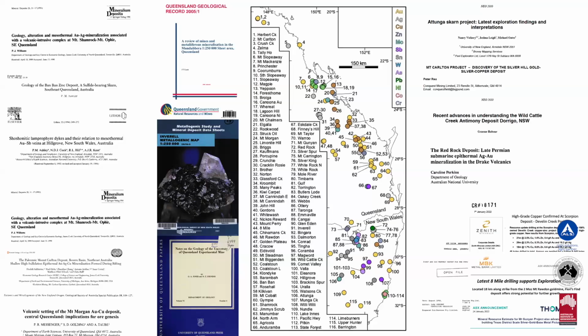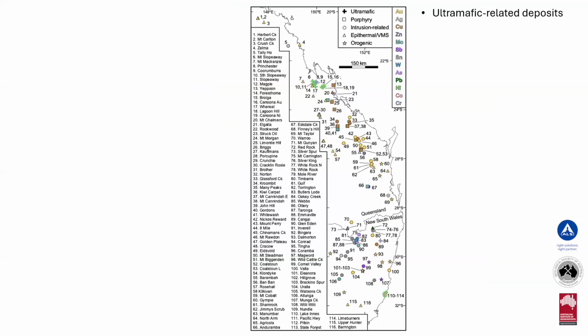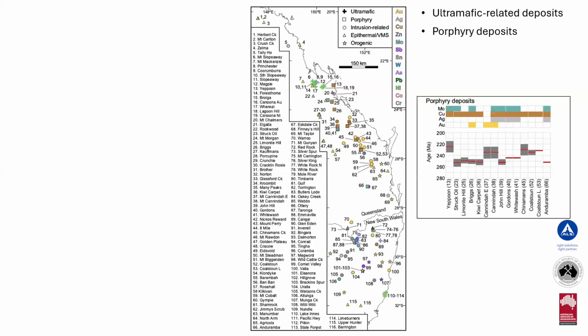So each one of those always has a little bit of information on the geology, just from the geologists who explore the area. And that allowed me to classify the deposits into 5 groups. So the first ones were ultramafic related deposits. The second group, so basically thinking about the mineralization style, it also allowed me to constrain the timing of mineralization. Well, I did as much as I can to constrain the timing of the formation. I did not do that for the ultramafic related deposits. Most of them are laterite deposits, but for all the other groups of deposits, I attempted to